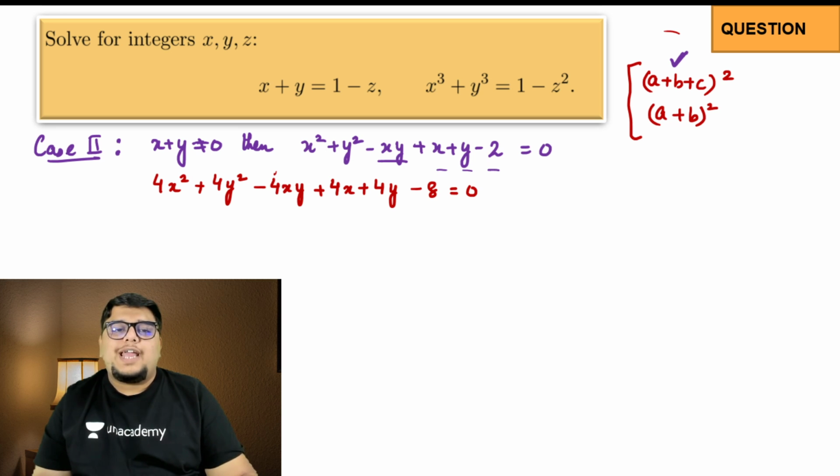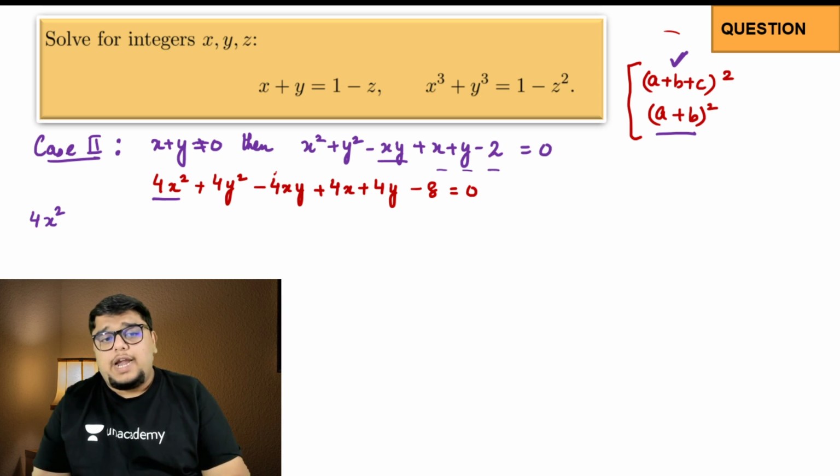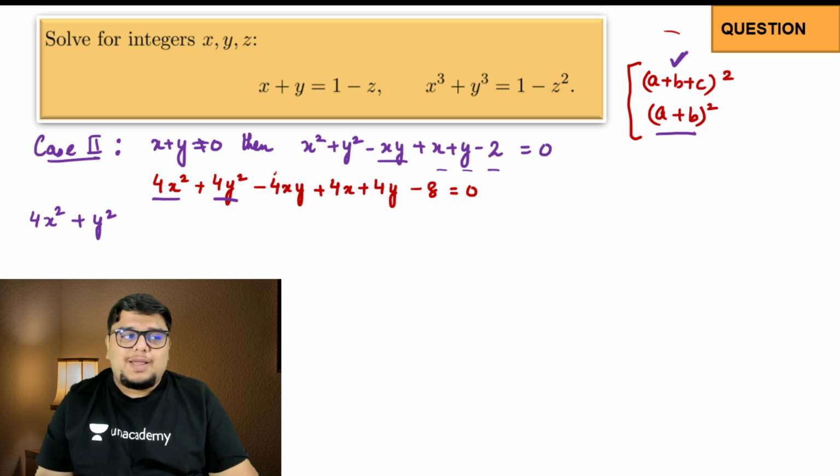So for that, I'm choosing x. So what I will do here is, I have 4x square, that is basically 2x whole square. So I will have 4x square. And since if I'm using this, the other a plus b whole square has to come out of the other variable, right? Because 4x square is completely used. So I will not be using the whole y square. I will be using only part of y square. Okay? I will use a little bit of y square from this. I will write the remaining y square later.